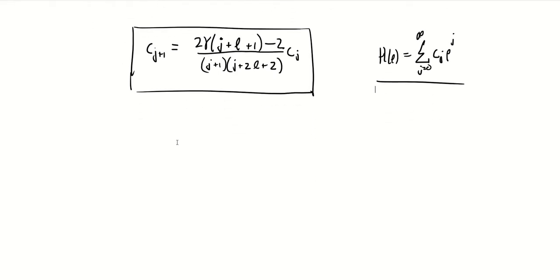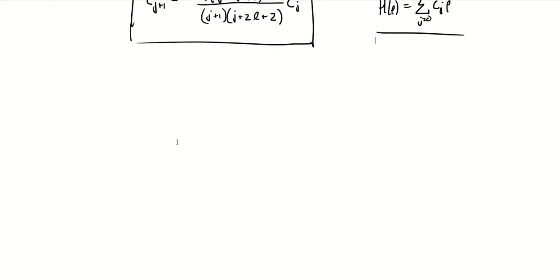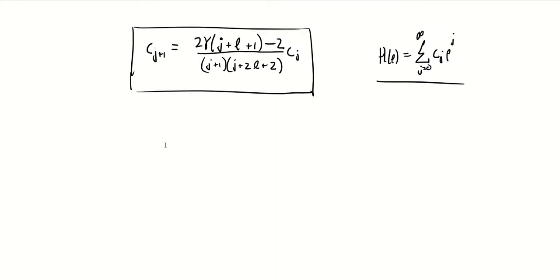But we have to be careful, right? If you remember when we were looking at that angular part of our wave function, we had this power series solution, and we had to truncate that series at some maximum value because our wave functions require certain properties. We have to do the same thing here. We have to make sure that this function doesn't blow up in the limits that we expect. So we have to check what happens as j goes to infinity, right?